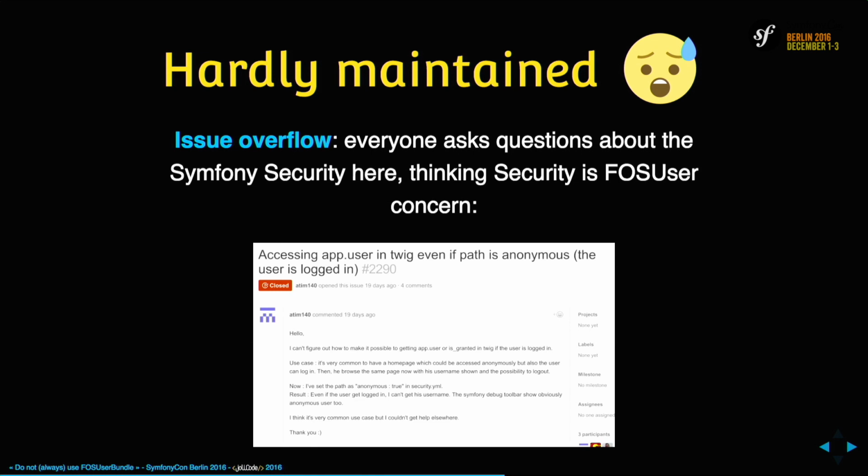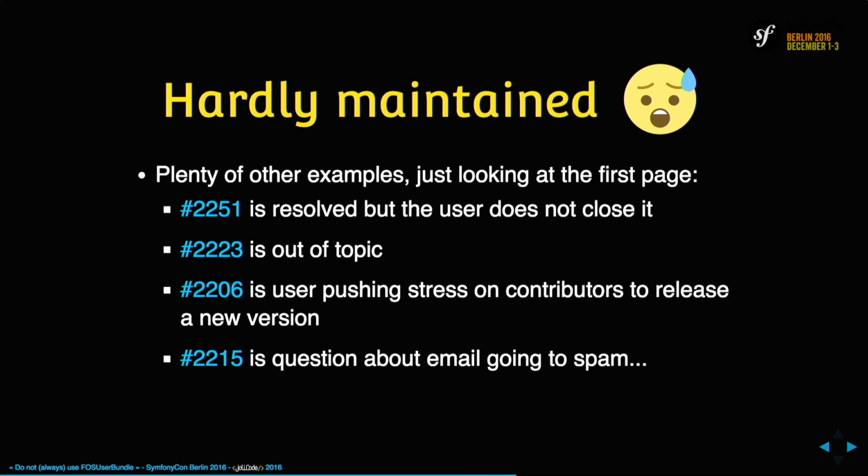But it's not a FOS user question, it's a Symfony security question. And there are a lot of them in the repository. Just looking at the first page, you can see a lot of crappy issues: out of topic, resolved, others pushing the contributors to release a new version, a question about emails going to spam. That's a mess.